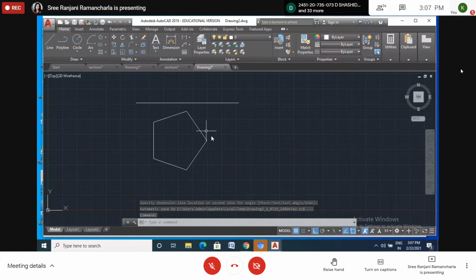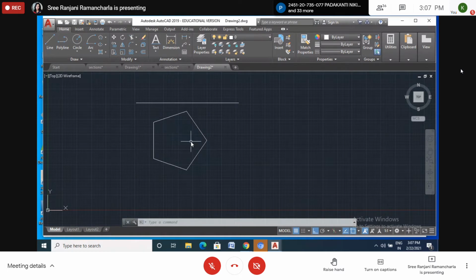Now is this a plane or is it like a solid pyramid? Yes. If you respond quickly, I can complete at least one figure. Hello? Is it plane or solid now? This figure looks like plane, ma'am. Plane. So we have to make it solid.